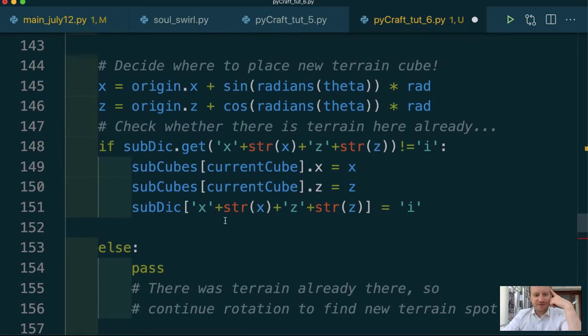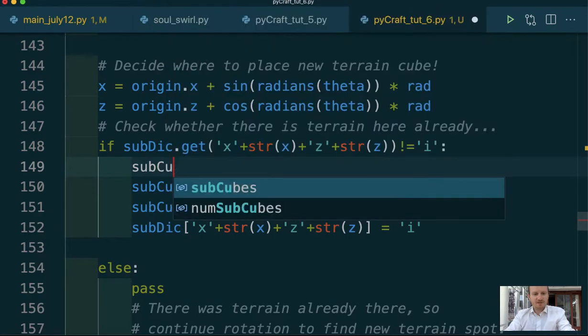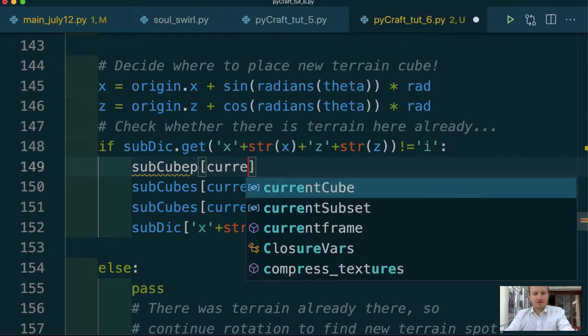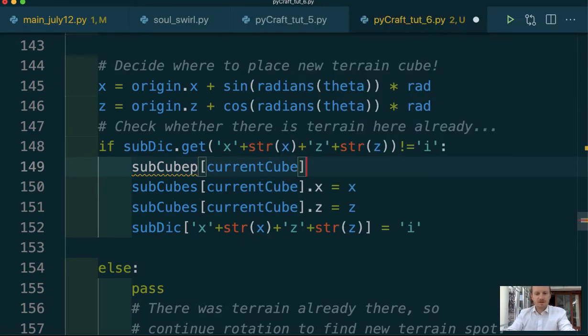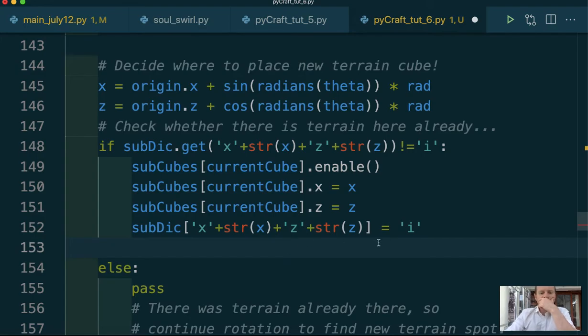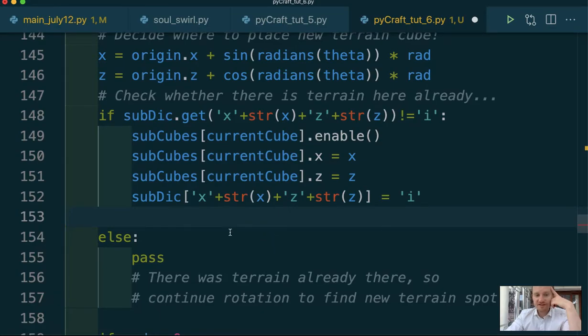Right, what else do we need to do with our piece, with our subcube? Oh, I guess we want to say, first of all, subcubes current cube enable, so switch him on. Sorry, subcubes. And we want to determine his color and things here. Oh, and we need to know his height. That's the crucial thing, isn't it? And we need to